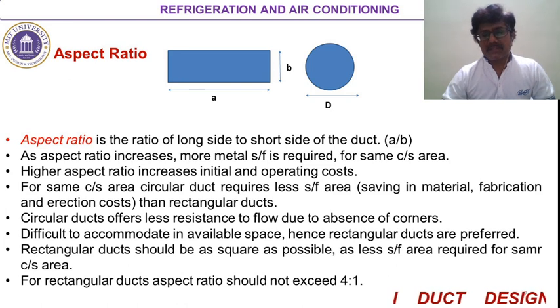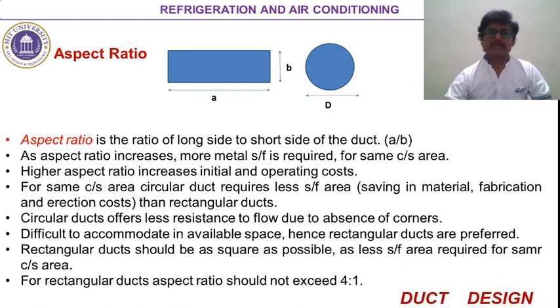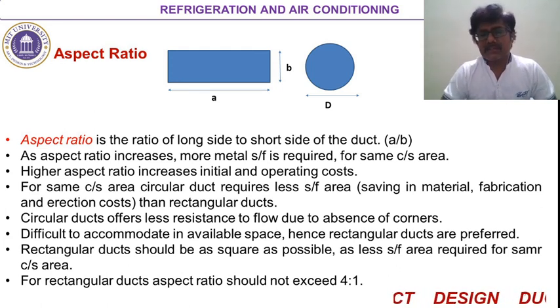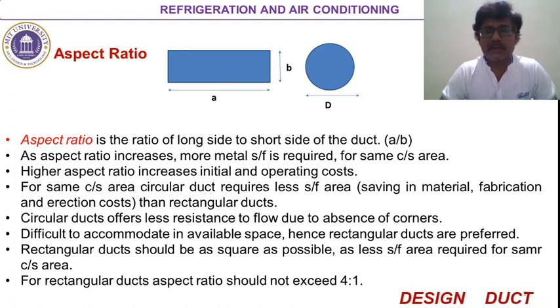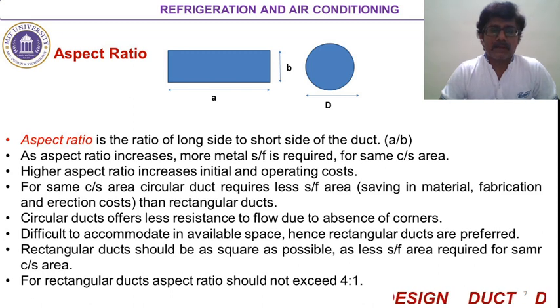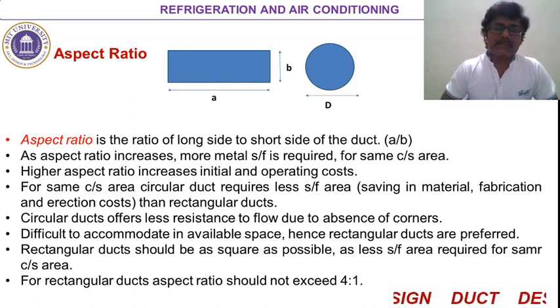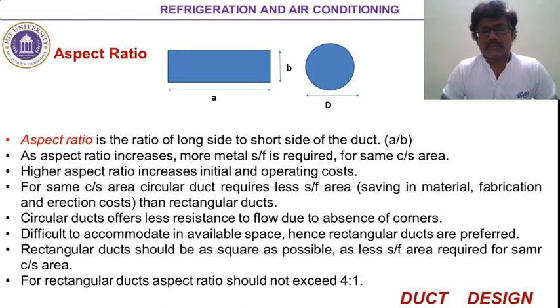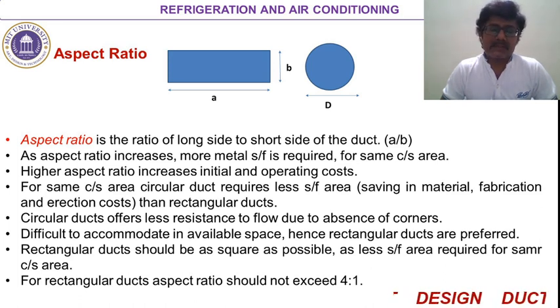Another point of discussion for duct design is aspect ratio. This aspect ratio is one of the important geometrical parameters required for making the calculations in duct design. In this arrangement, two block diagrams can be seen, one rectangular and another circular. These are the cross sections used for the construction of the duct. So ducts may be made of either a rectangular or a circular cross section.